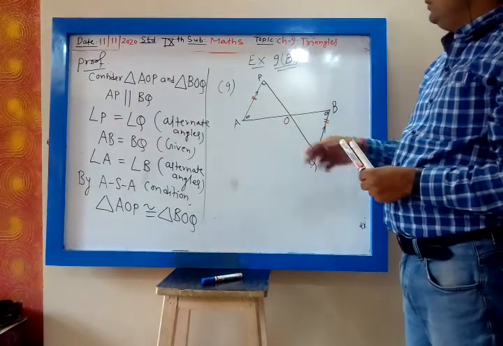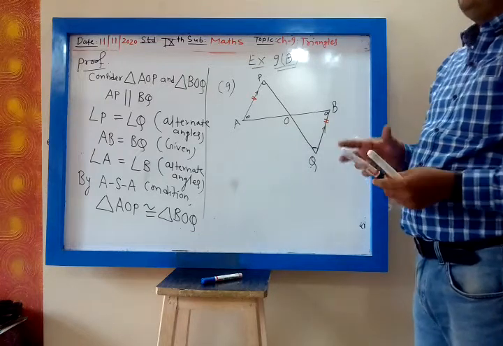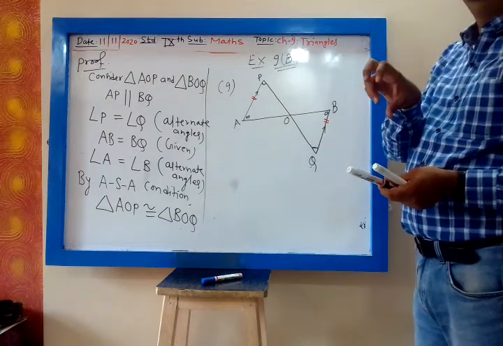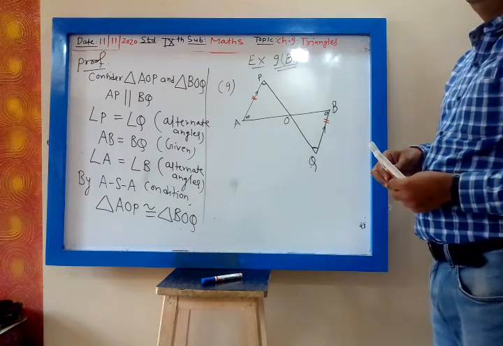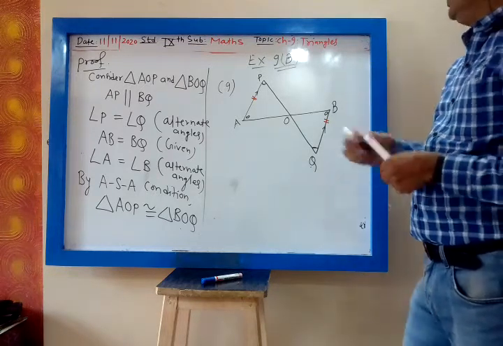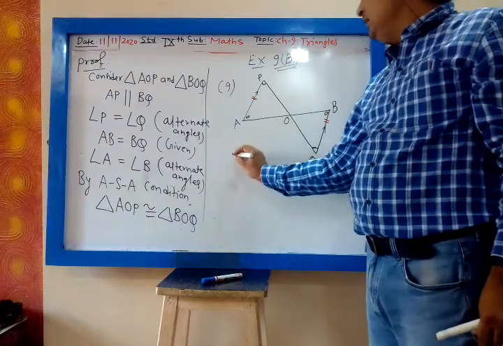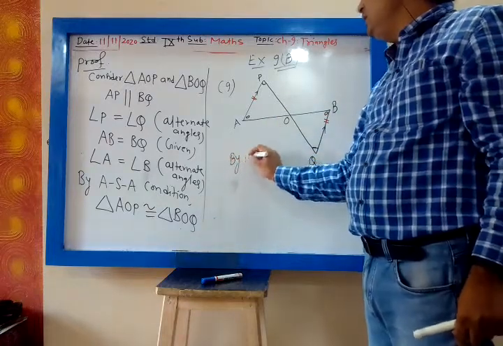When two triangles are overlapping, it means they coincide with each other. Overlapping means congruent. So now by CPCTC,